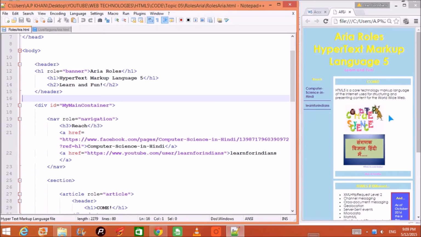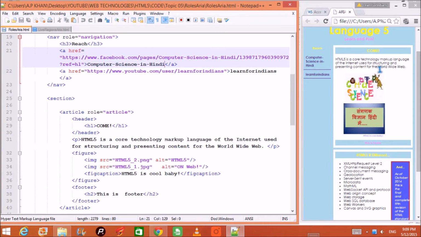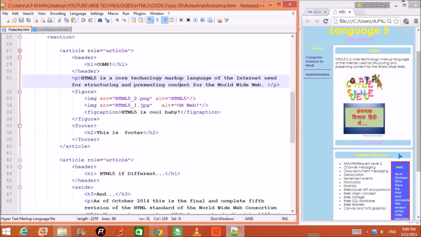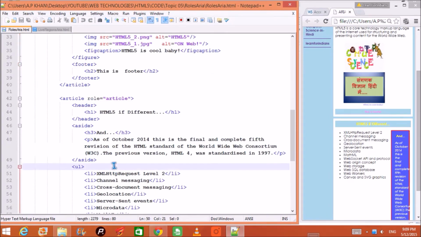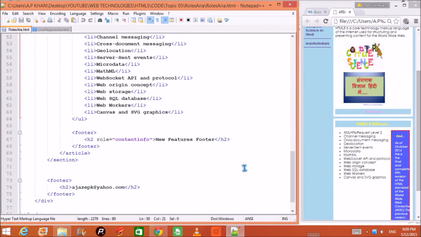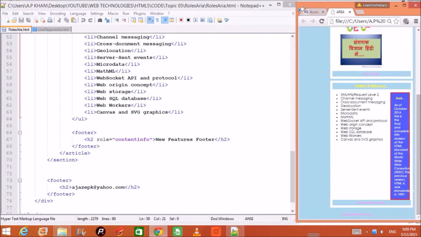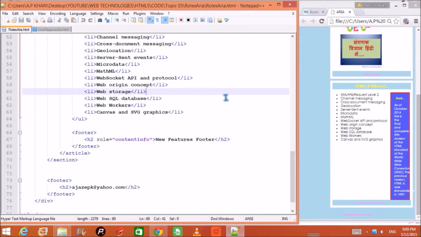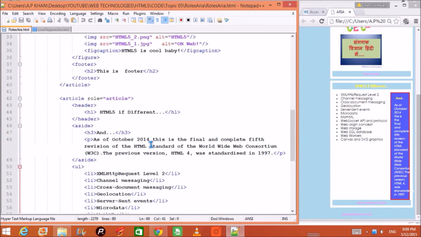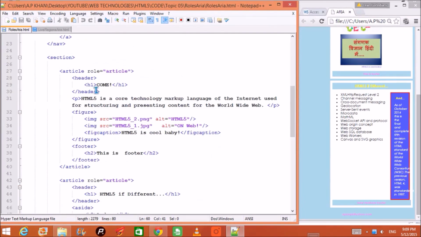When you go to this place, it says that this is the article. Again, you go to this place, and again it says it is the article. If the user goes to this footer, it will say that now you are on the footer. This role is there. So this role makes it easier for visually impaired persons to use, and also to develop, web pages in HTML5. So roles are given by the tag name, role is equal to contentinfo, role is equal to article, and it makes this article an ARIA role functionality.